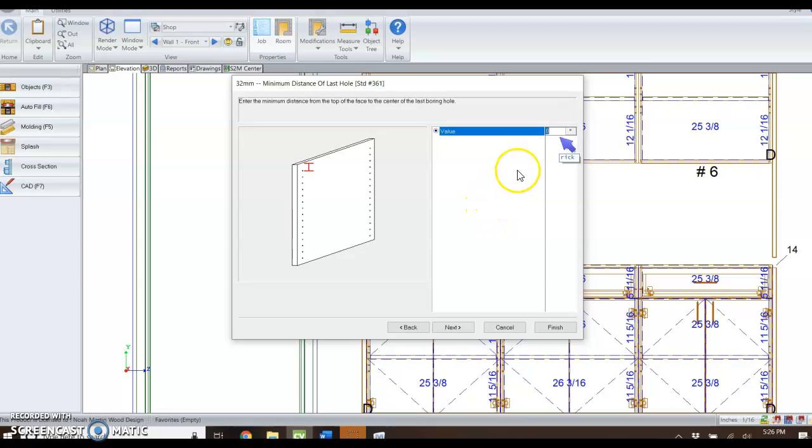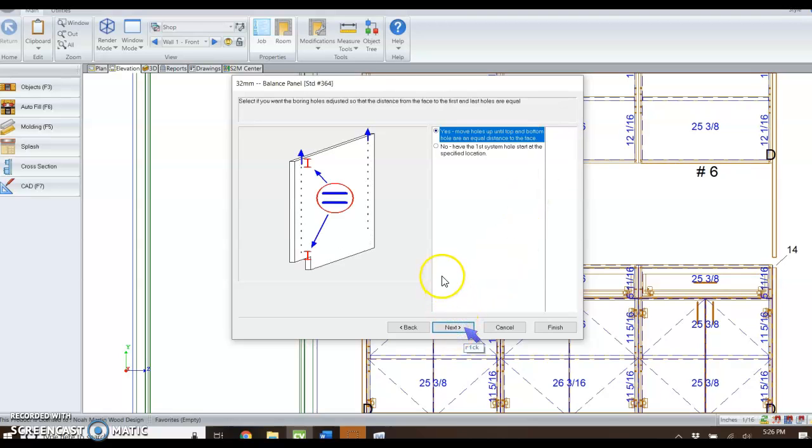So put something up. Put an inch up there, 2 inches. It doesn't matter, something. What's the minimum hole from the top there? 1 inch? Okay, that's cool. Now hit next. This is where you're going to say, yes, I want these to be equal. And here, no,